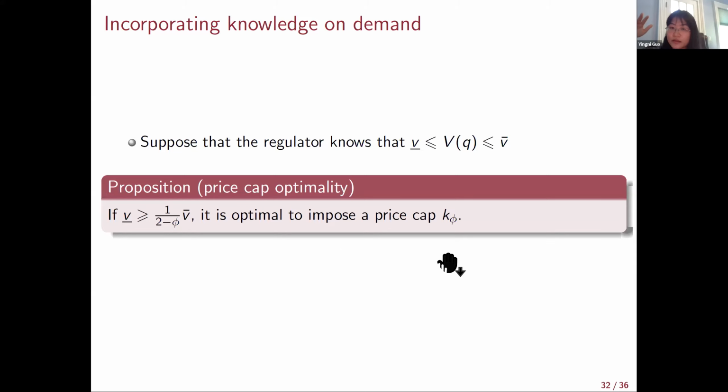Intuitively, when the consumers are relatively homogeneous, you don't worry about underproduction too much. You don't worry that the firm would just serve Bill Gates, because other consumers' valuations are also close to Bill Gates' valuation. So you don't worry about the firm just serving a few very rich people. So in this case, you are mainly concerned about firms extracting too much surplus. So it's optimal to impose a price cap. So with homogeneous consumers, price cap is optimal. That's the main result for this proposition.